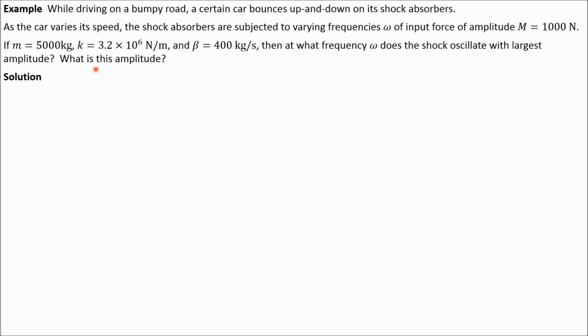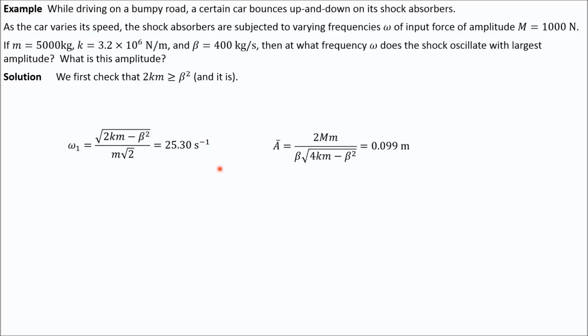And using our result from the homework problem, first of all, we have to check that this is true, otherwise the answer would be 0. But since this is true, we conclude that this expression is our optimal resonating frequency, which is about 25 oscillations per second, 25 hertz, as this is called. And the optimal resonating amplitude is 0.099 meters,